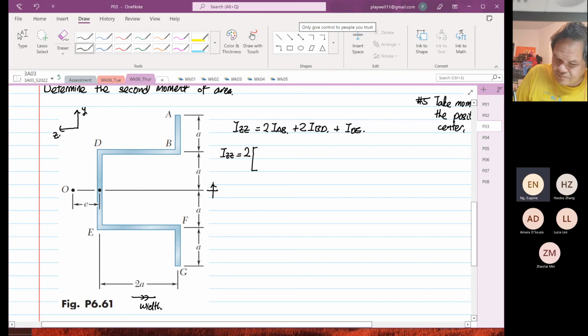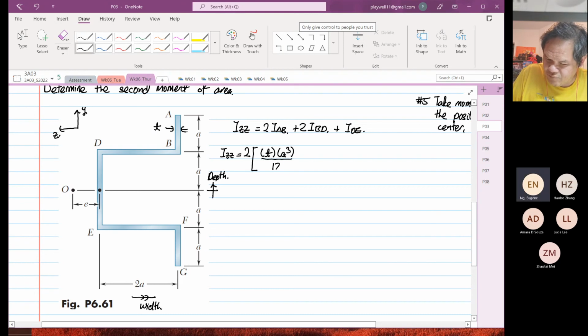This direction is our depth. Okay. So IAB. So we are going to call our thickness T, because the thickness is all the same. So twice IAB. So the width is T. Right. Then we have A cubed